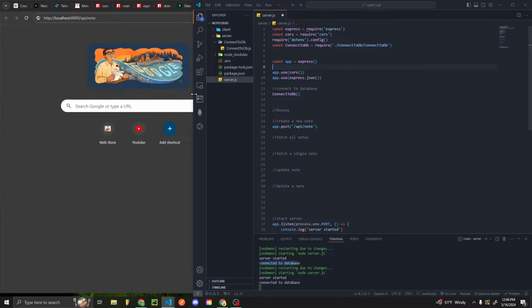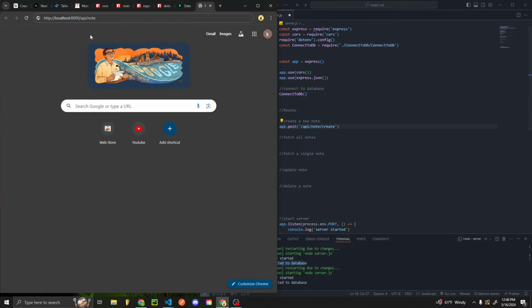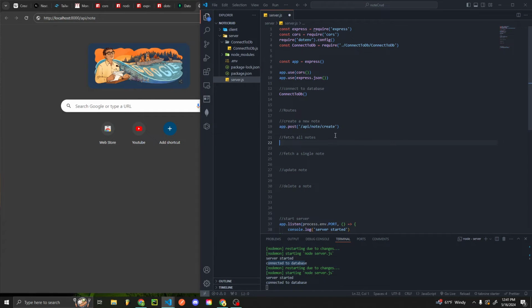So whenever we do post to this URL, it will create a note. So if I were to type something like slash API slash note slash create in our URL over here, we'll have a slash create. So this will come in handy when we're using it in the front end, but for now you could just look at the basics just like this. So now I'm gonna keep it to /API/note, and the second parameter will be our async